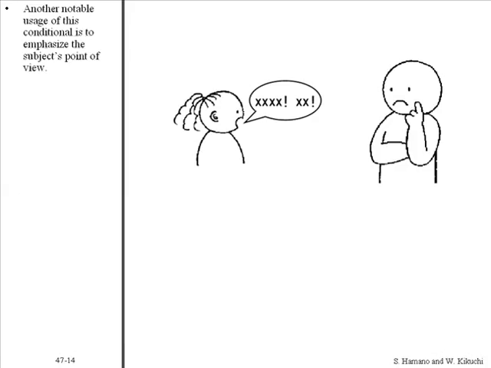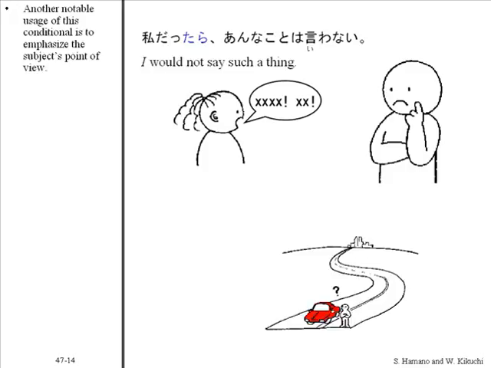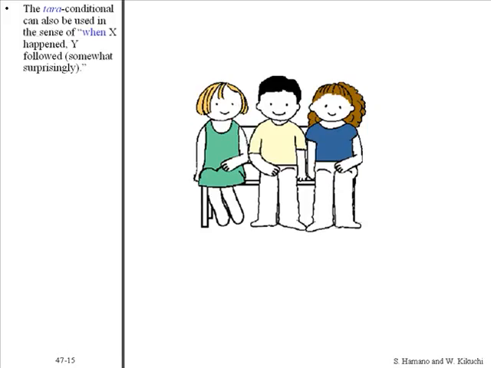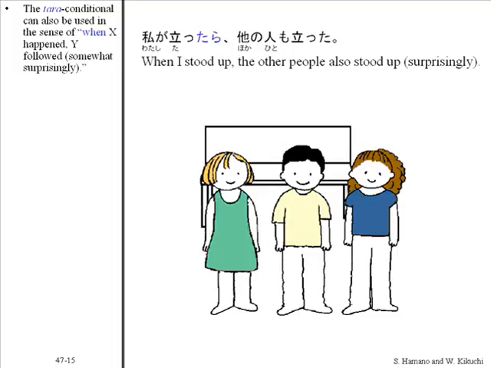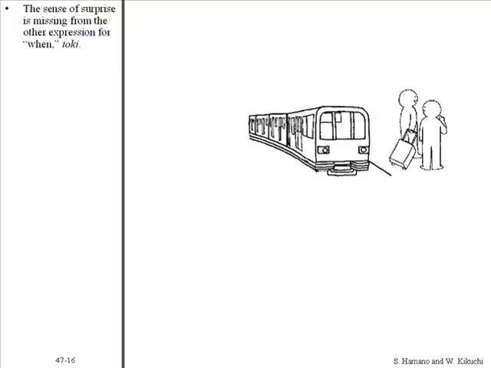Another notable usage of this conditional is to emphasize the subject's point of view. 私だったらあんなことは言わない。君だったらどうする？The tara-conditional can also be used in the sense of when X happened, Y followed, somewhat surprisingly. 私が立ったら他の人も立った。The sense of surprise is missing from the other expression for when, 時。